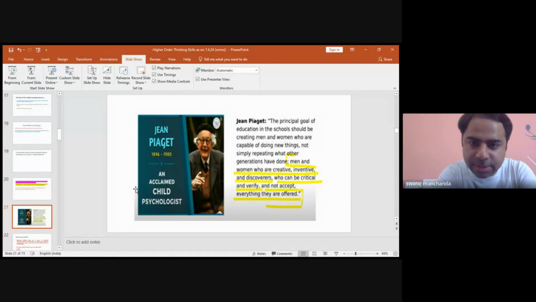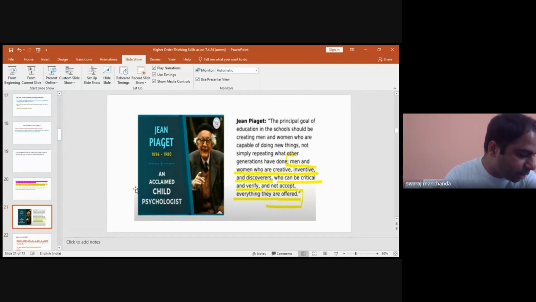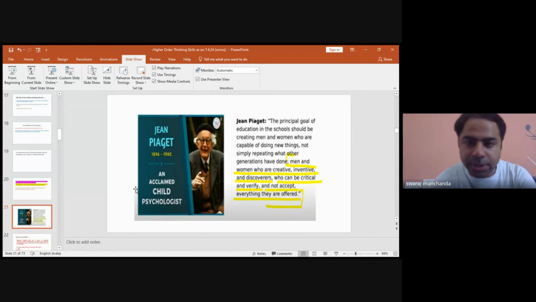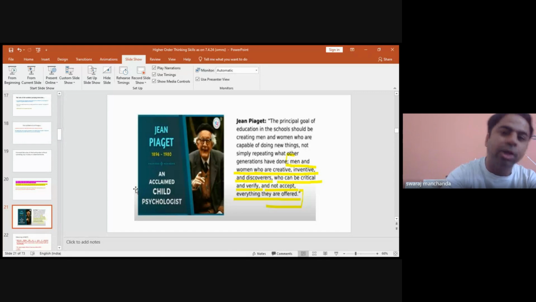He simply says, we don't want those men and women who are repeating what people have already done. Sometimes I don't realize what the flaw is with the Indian education system, why we are reading those NCERT books which are 30 to 40 years old. And the CBSE paper is getting tougher every year. They are getting more oriented to HOTS, but we are only applying NCERT. Either NCERT should bring HOTS or they should bring a separate curriculum for HOTS.